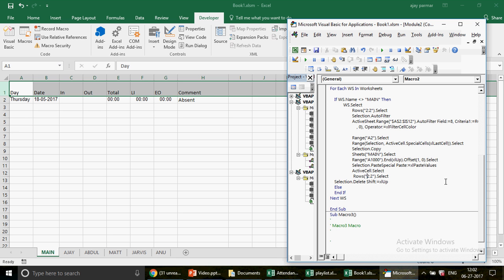sheets. So instead of this Rows("2:2").Select, we can write here ActiveCell.Row, and then join it with this colon sign, and then join it with this ActiveCell.Row. Okay, and that's it. So we're going to make it dynamic. So the active cell obviously will be that cell which you want to delete, right? So that is going to be